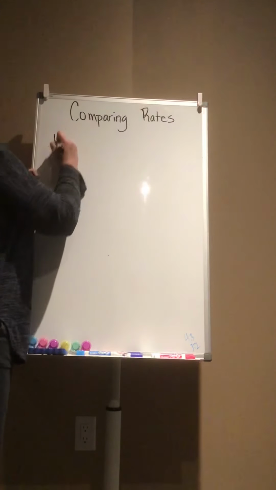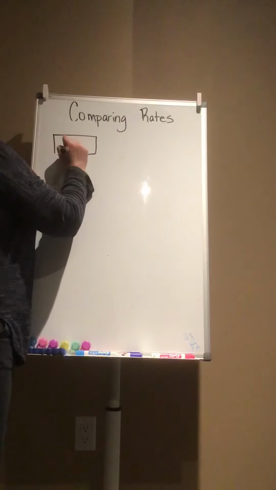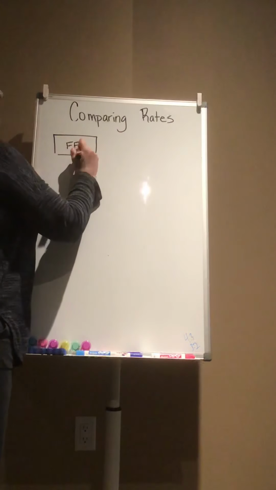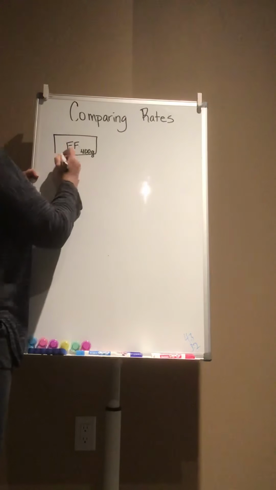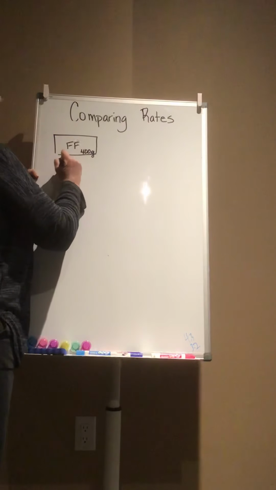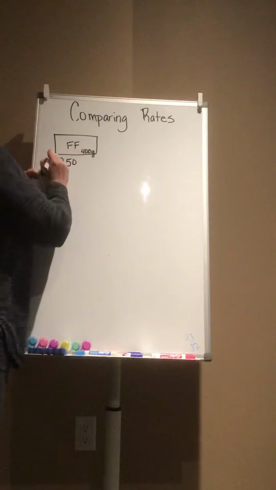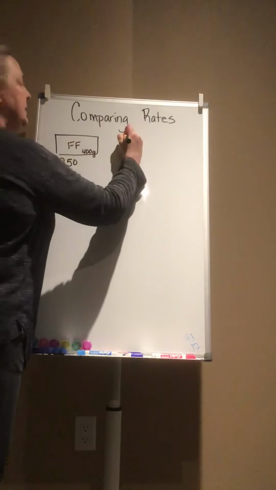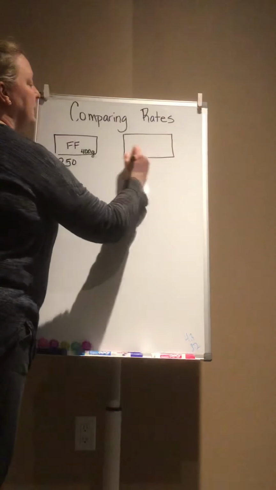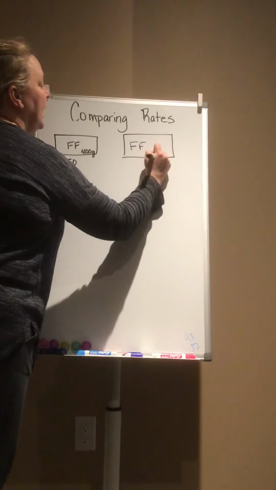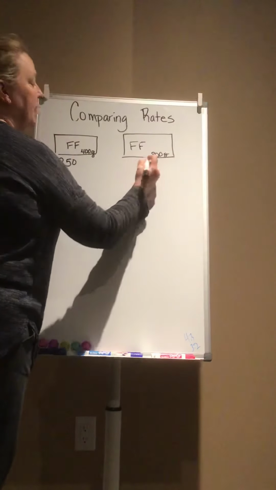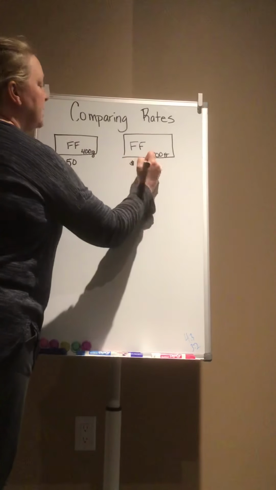So let's say this bag of French fries is 400 grams and it costs $2.50. And say this bag of French fries is 800 grams and it costs